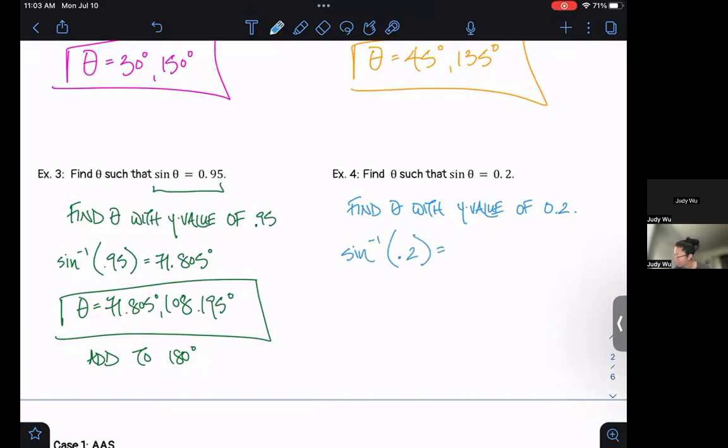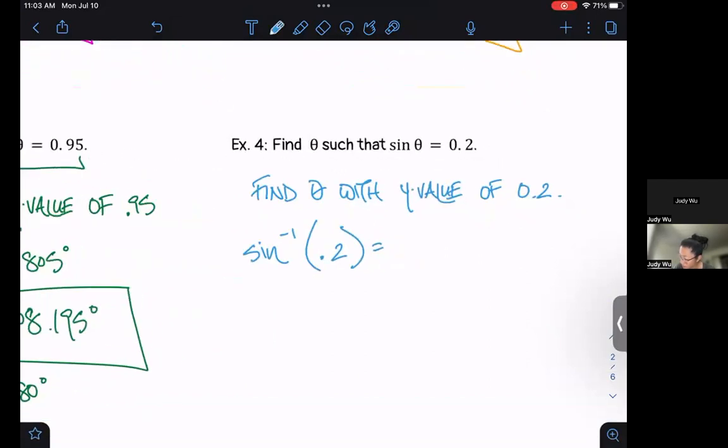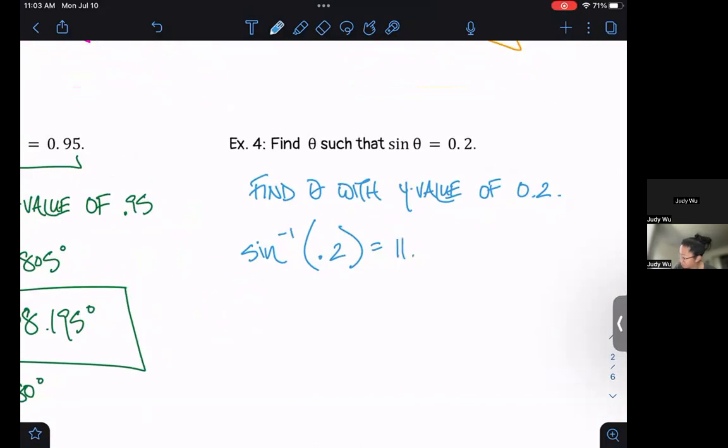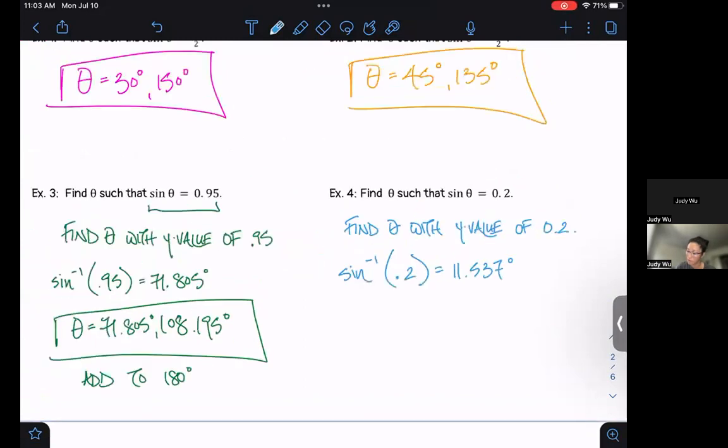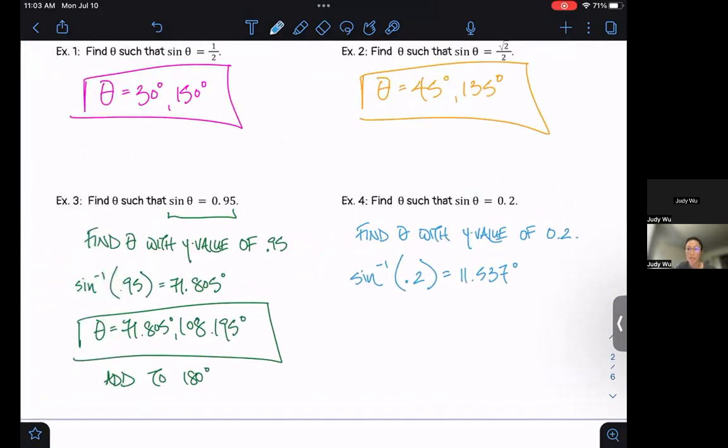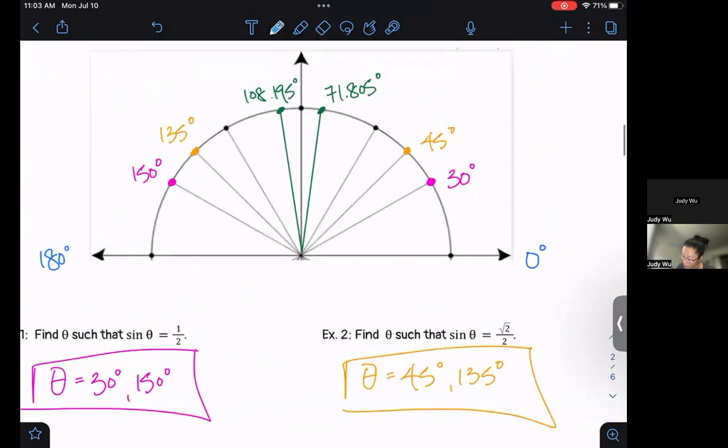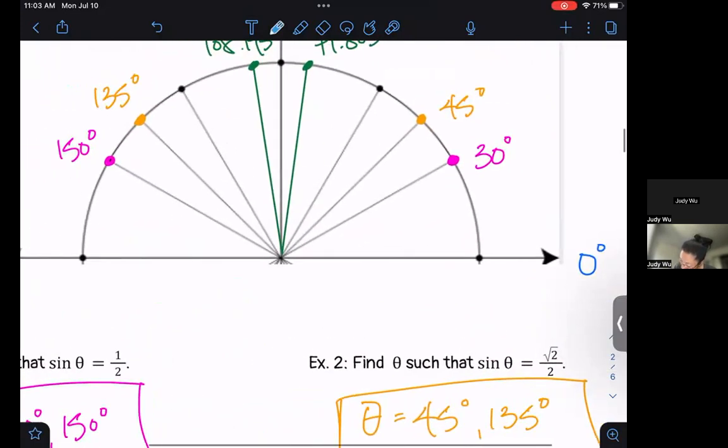Let's see what we get. Inverse sine of 0.2, I get 11.537 degrees. Okay, so if I draw that on my diagram, 11.537 degrees, all right, that's going to be kind of down here somewhere. All right, 11.537